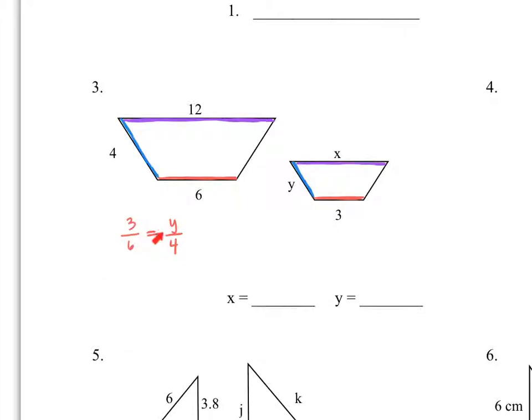And then from there, forget about all this and set up a proportion where you can figure out what x is. So it's like you're starting over again. And for number 4,